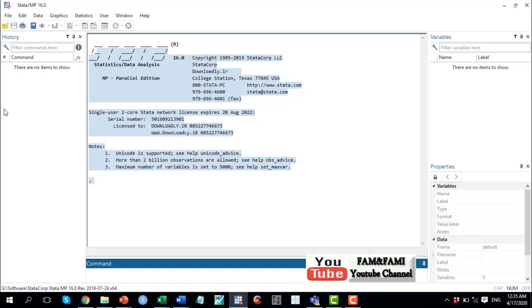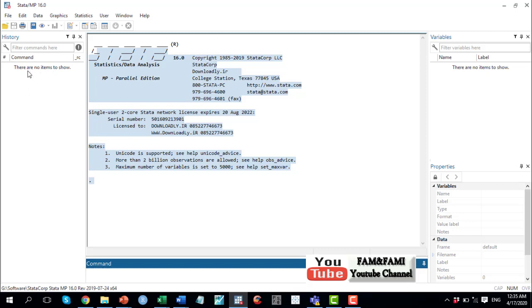This panel contains the history of all the previously run commands. Whenever we run one command, it will be shown here. If we run a second command, we see two commands here in the history.